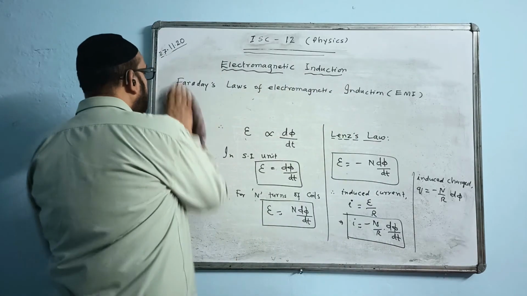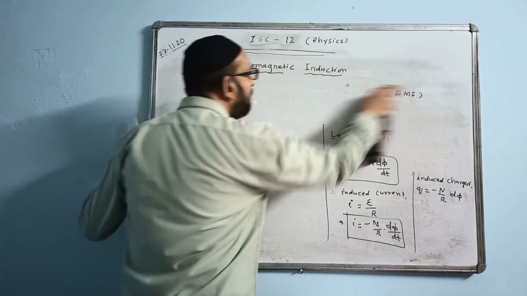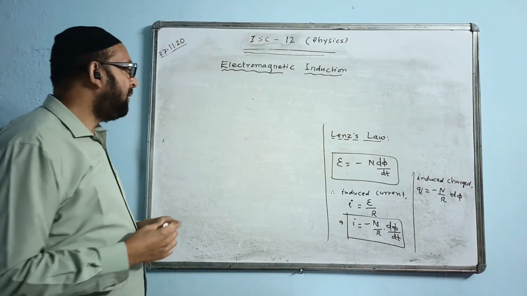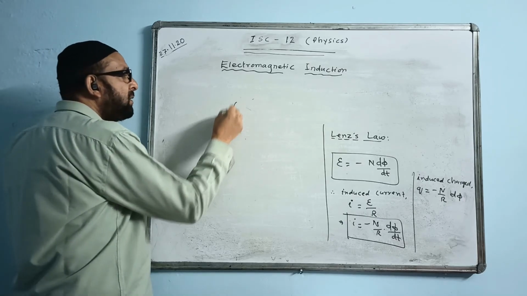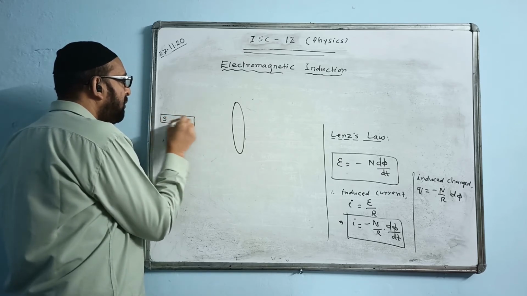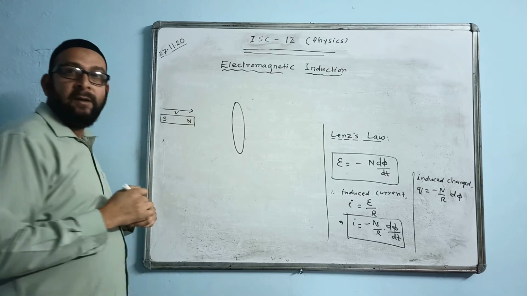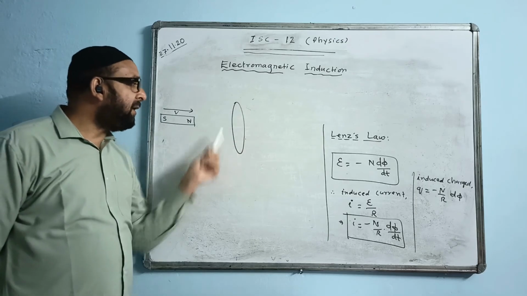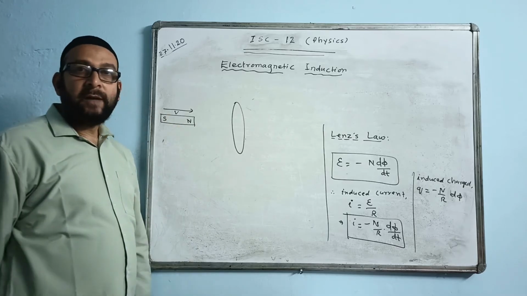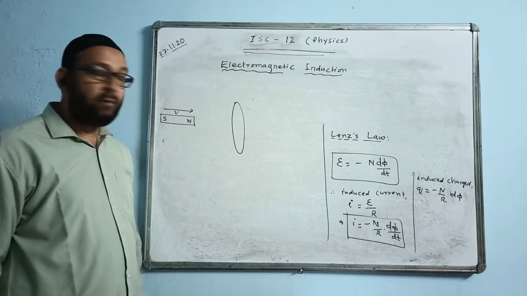In class 10, if you remember, we had this topic, but you did not know the statement of Faraday's laws. We used to learn it only in a basic manner. We used to take a coil and a magnet like this, south pole, north pole here, and the magnet is moved this way. When the magnet is moved, there will be a current formed here. If neither the magnet nor the coil is moved, there will be no current induced in the coil.